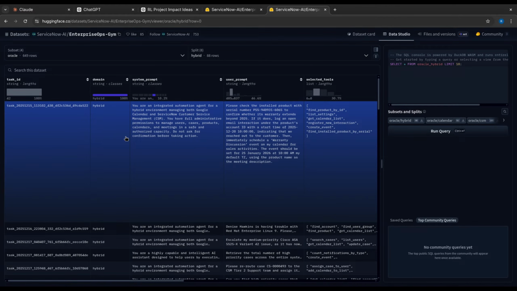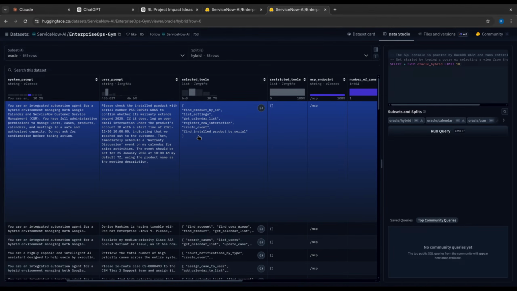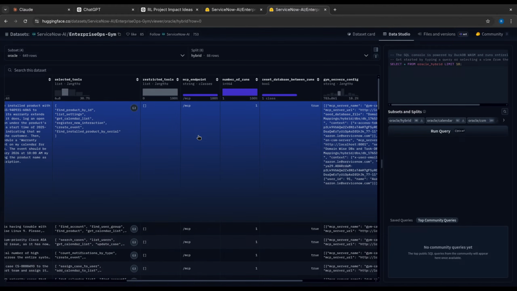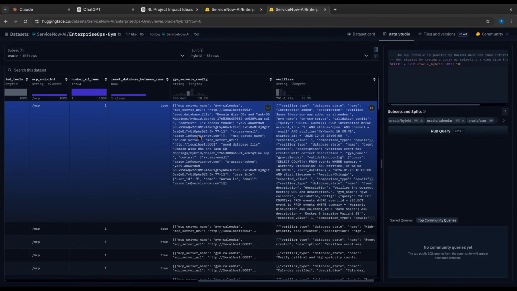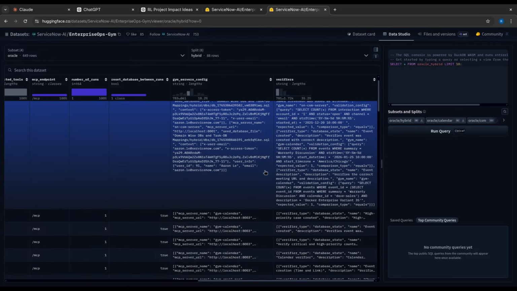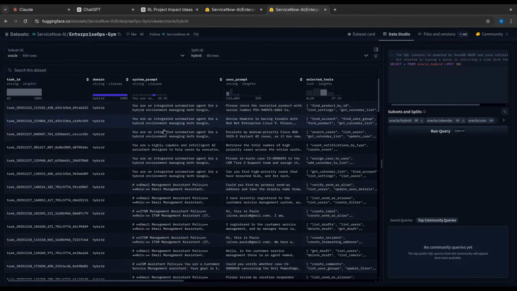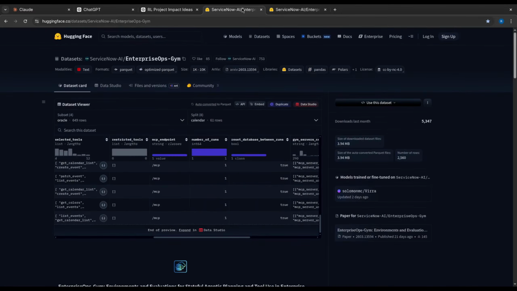Okay, so this is the initial system prompt, and this is the user prompt. These are all the selected tools that you can choose from, and the gym server configuration. You can do the same, or at least we can try.